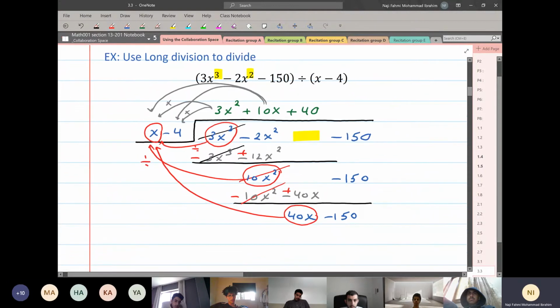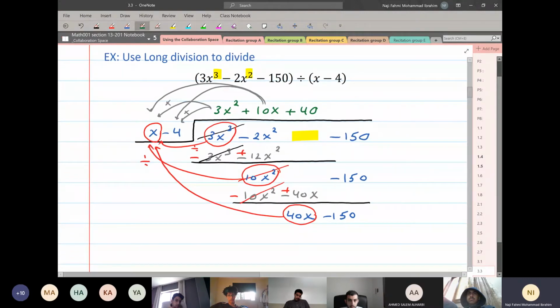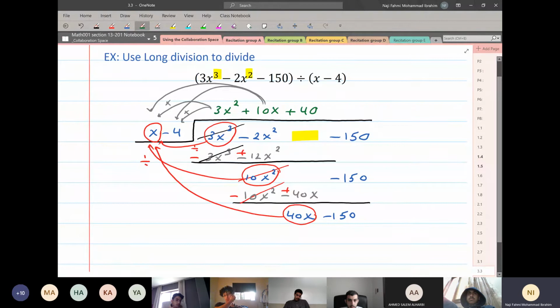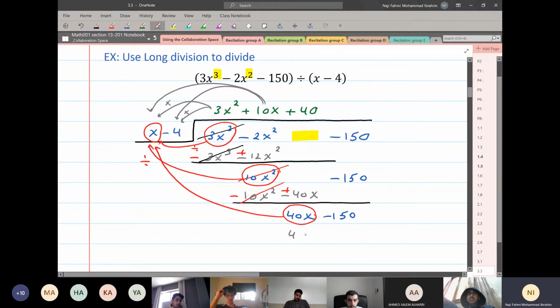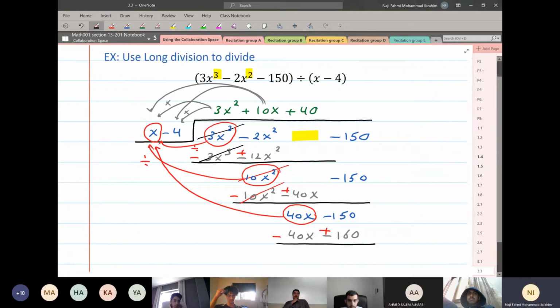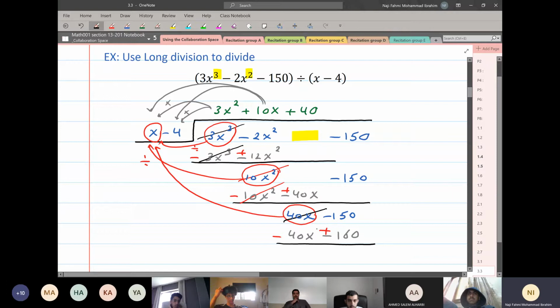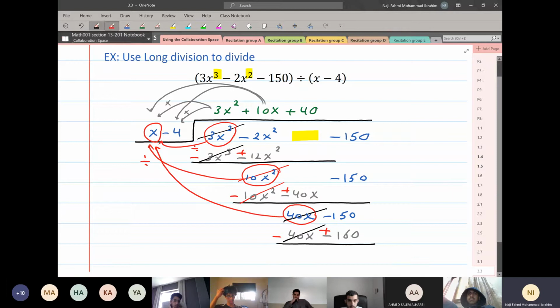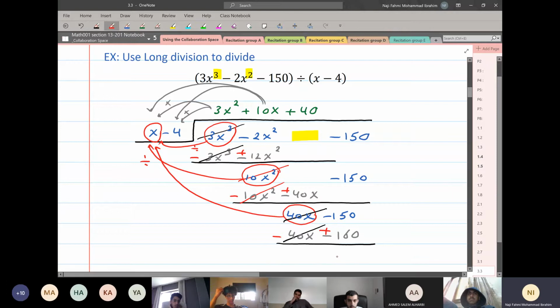Now I will multiply 40 by the divisor. 40 times x is 40x, and 40 times -4 is -160. Next step is to subtract, which means changing the signs. Now we can cancel 40x with 40x, and -150 plus 160 is